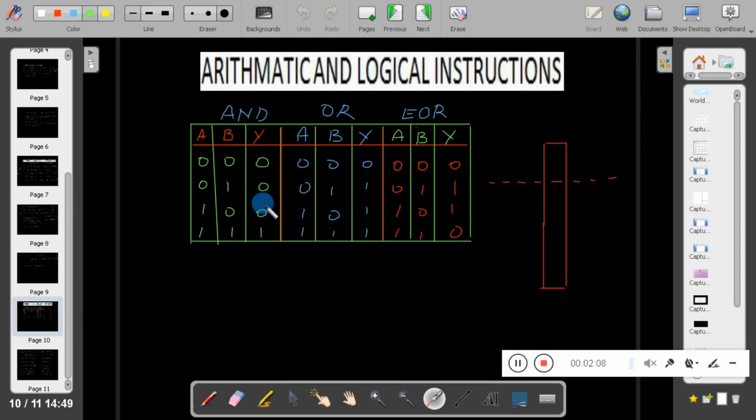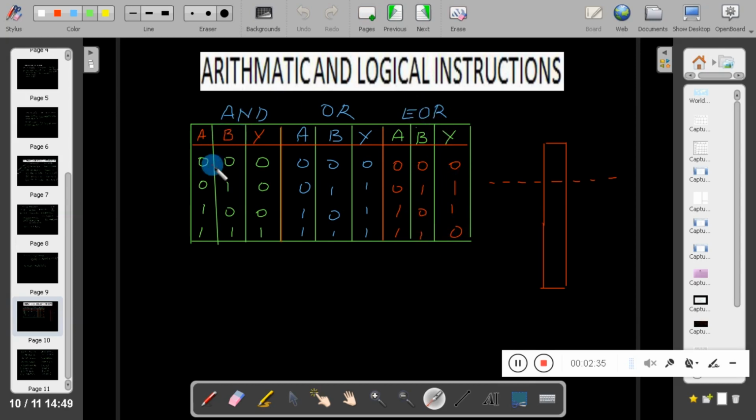Rest of the cases output is 0. In OR operation, if at least one variable is 1, output is 1. In exclusive OR, if exactly one variable is 1, then output is 1. Otherwise, output is 0. That is, when both variables are opposite, then output is 1. Otherwise, when both variables are same, output is 0.